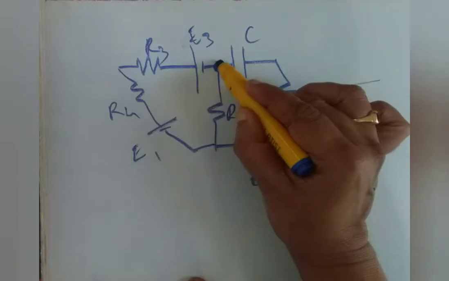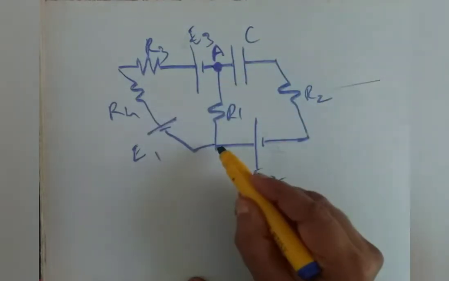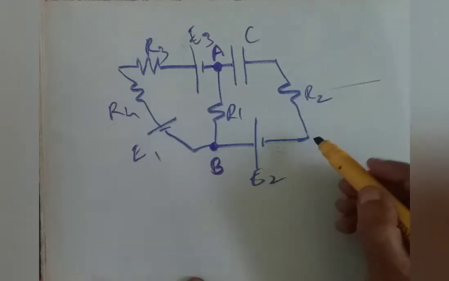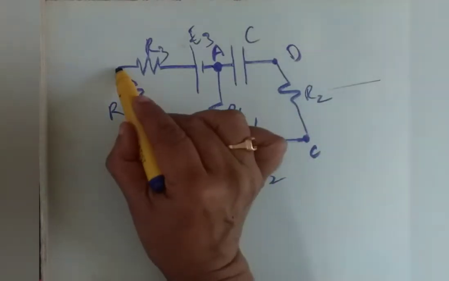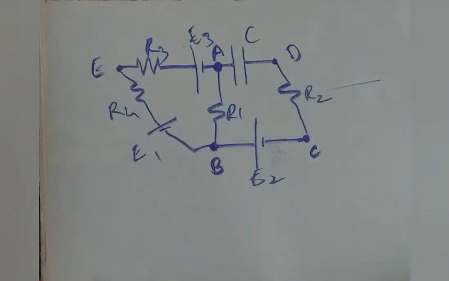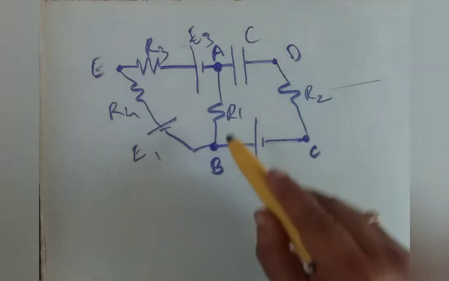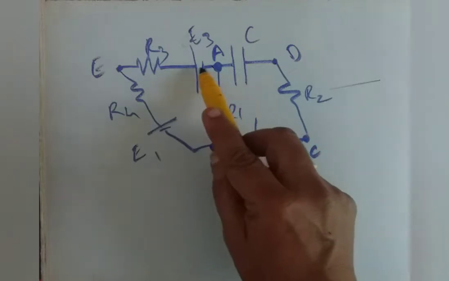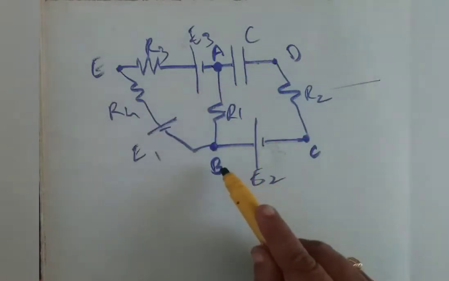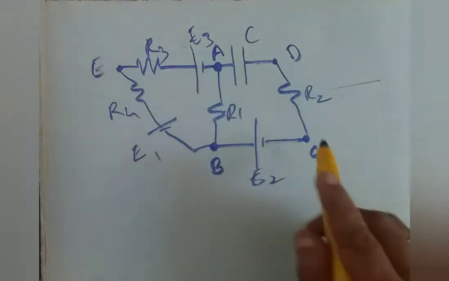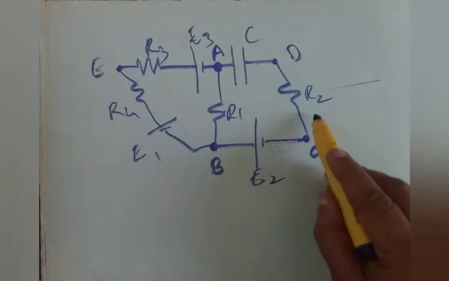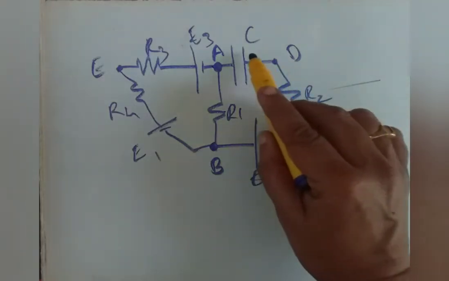Say this point, what I am marking, I call A, and this point B, and this point C, this point D, say this point E. Observe here, A and B are somewhat different from C, D, and E. In A or B, we have three connections, one from the cell, one from the capacitor, one from the resistance. Here, one from the cell, this from the cell, and this from the resistance. But at C, D, and E, only one wire seems to bend. It is connected to resistance and cell. Here also resistance and capacitor.